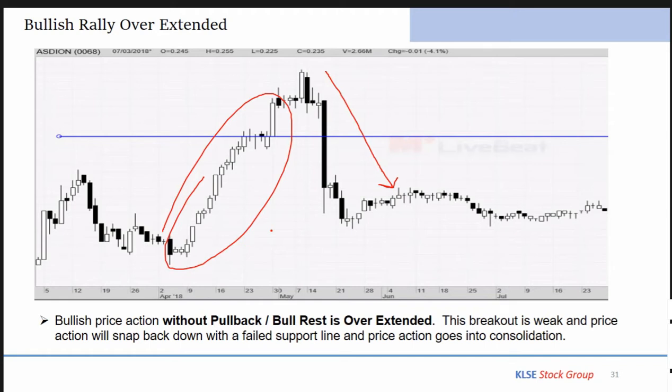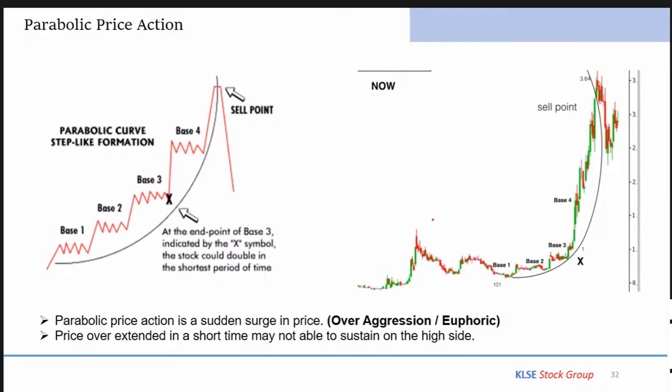And parabolic, right? Parabolic is one straight line up. Okay. Parabolic is also not sustainable. Right? It can drop very fast. Whatever moves very fast, yeah. Okay, remember,